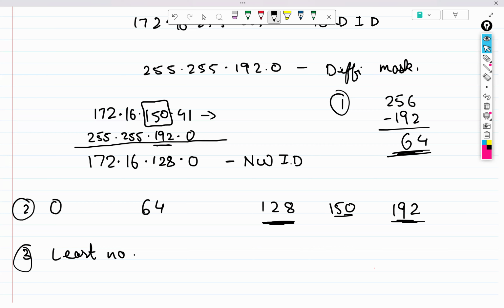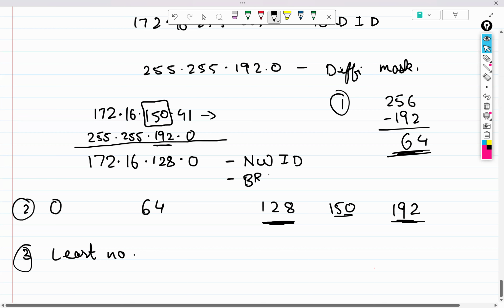All right. Then second, we still have to find out the broadcast ID. What is going to be the broadcast ID? Now we wrote these multiples, we found the least number, that is 128, and we found the maximum number, 192. Subtract 1 from the larger number, so you get 191. So your broadcast ID is going to be